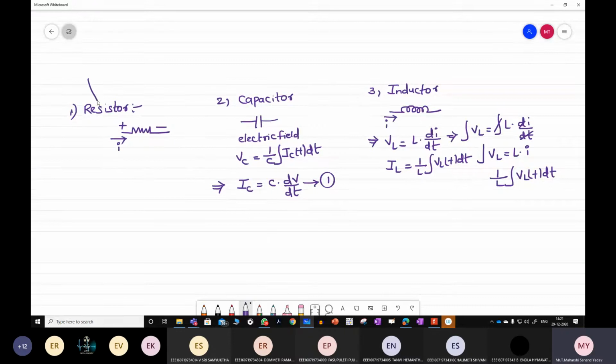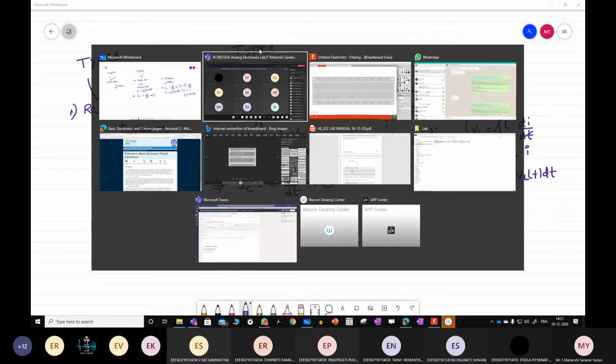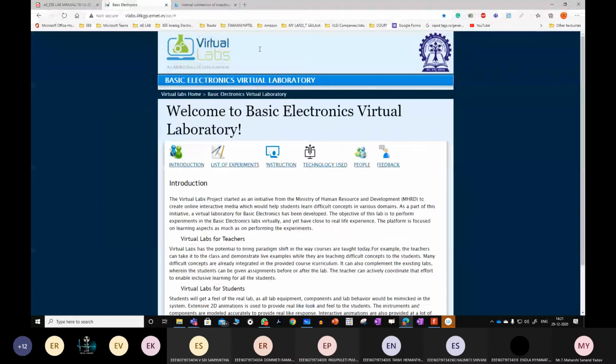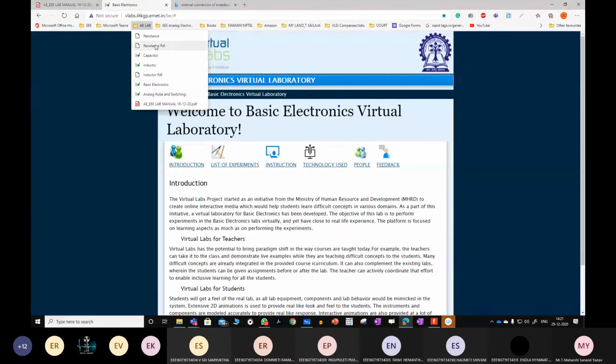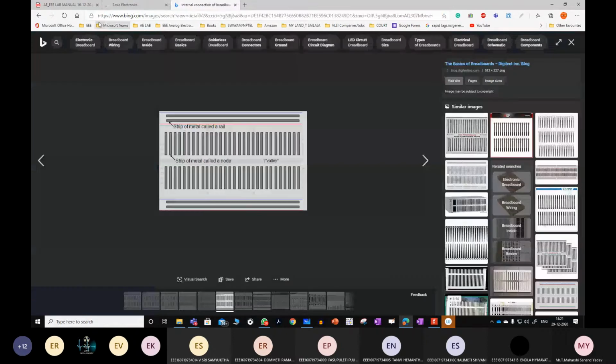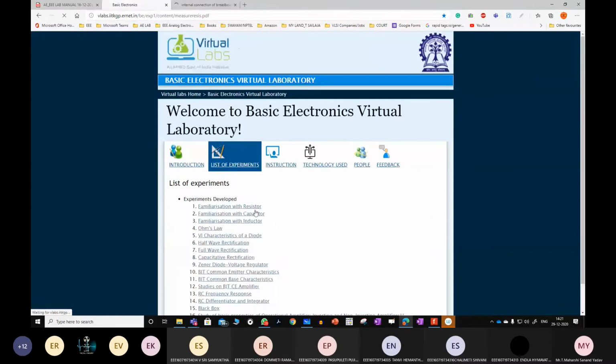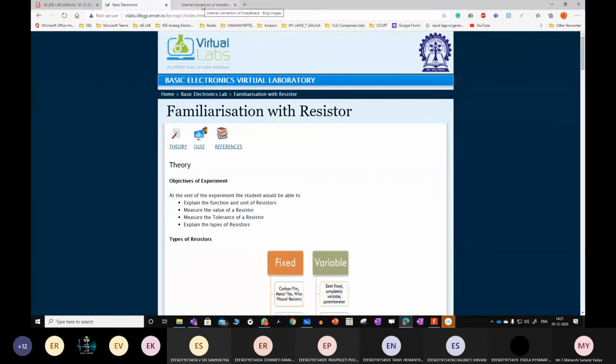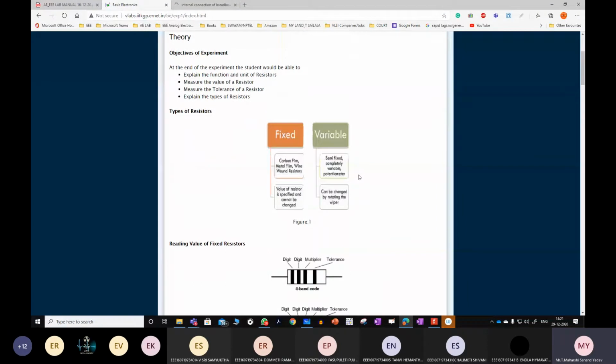Are there any types in resistors? Types. So yes, are you able to see the screen?